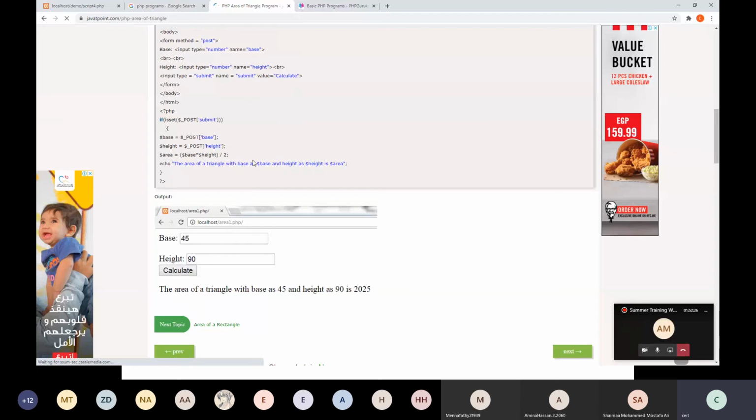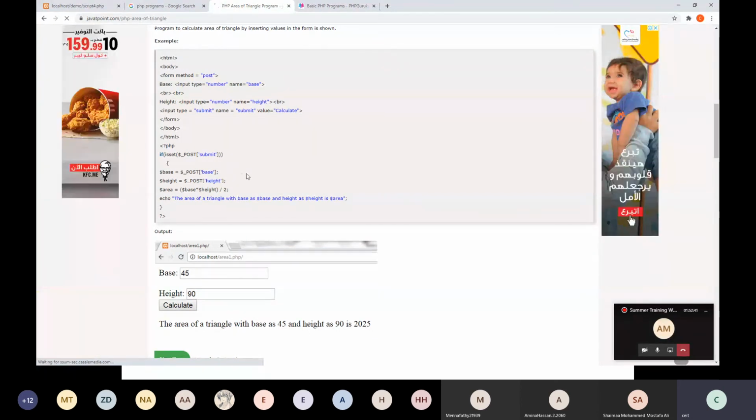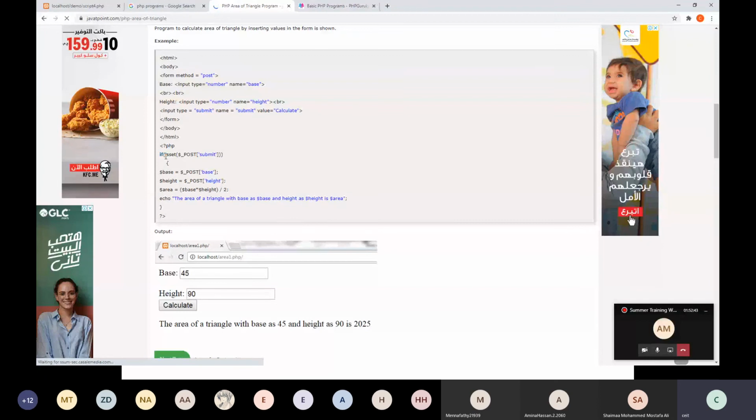What does isset post submit mean? It is a predefined function. Tomorrow we will discuss PHP functions, which is very important. We will see user-defined functions and built-in functions. This is a PHP built-in function.